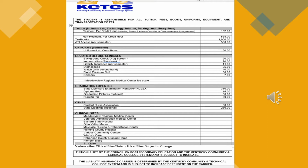But you have to have immunization and blood work. You have to have liability insurance every semester. It's usually about $11. We do that. You do that when you pay your book bill or your tuition bill, so you don't have to worry about paying that extra. You do have to purchase a stethoscope, so it's a good thing to ask for Christmas, but